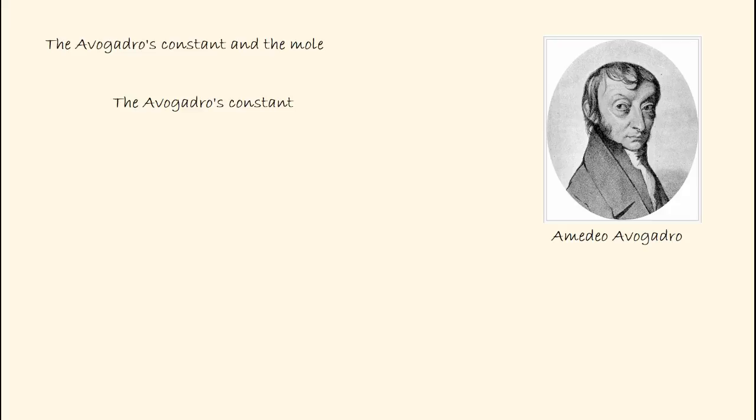First of all then, we're going to look at the Avogadro's constant and the mole. The Avogadro's constant was named after Amedeo Avogadro, the Italian chemist and physicist who was doing some work on the number of atoms that there were in a given volume of gas. And he proposed that this was the same for all types of gases. And later on, we found out that if we were to calculate the number of atoms that are in a standard volume of 22.4 decimeter cubed of gas at standard temperature and pressure, this comes out to be 1 mole, which is